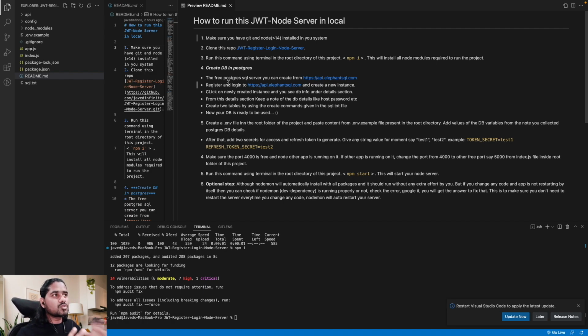So in order to do that, I just created the DB, and this will be super easy. Just follow the instructions with me, right? The free PostgreSQL server you can create from here. So if you go to this,